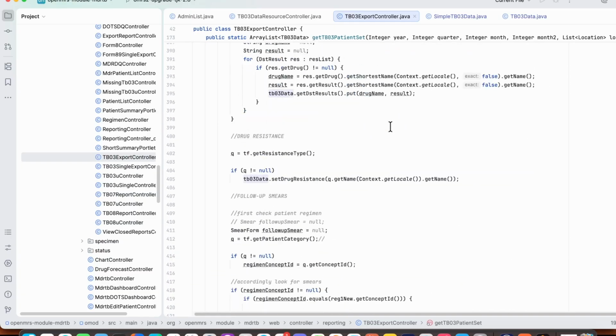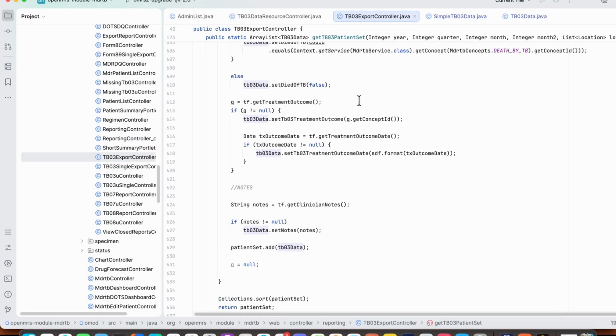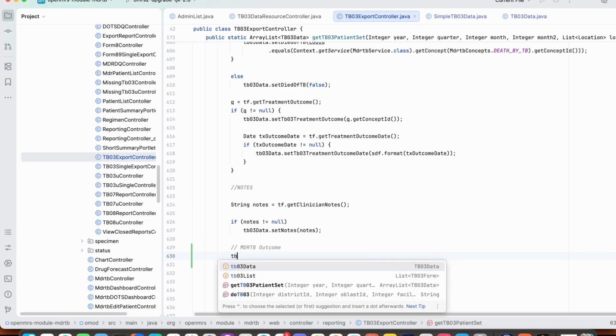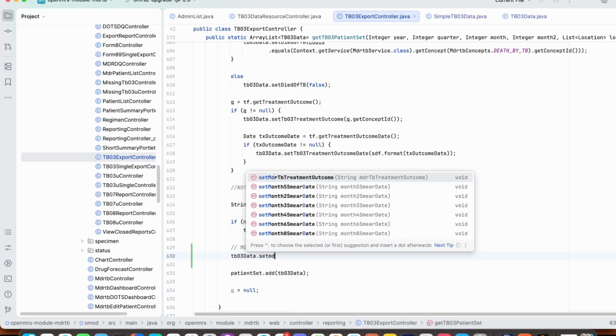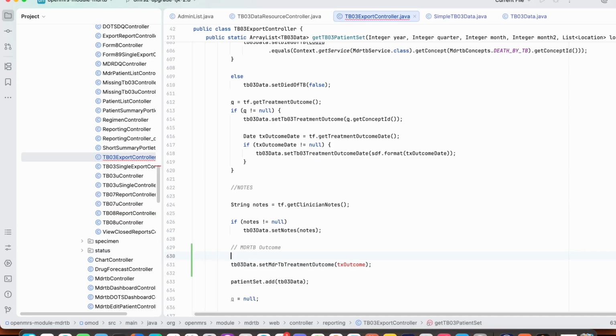So let's go all the way down. If we want to add a new tb set nodes, just right before this set mdr_tb outcome, this is the part where we are going to actually set mdr_tb treatment outcome, and how we are going to fetch it. We are going to use context dot get ops service dot get